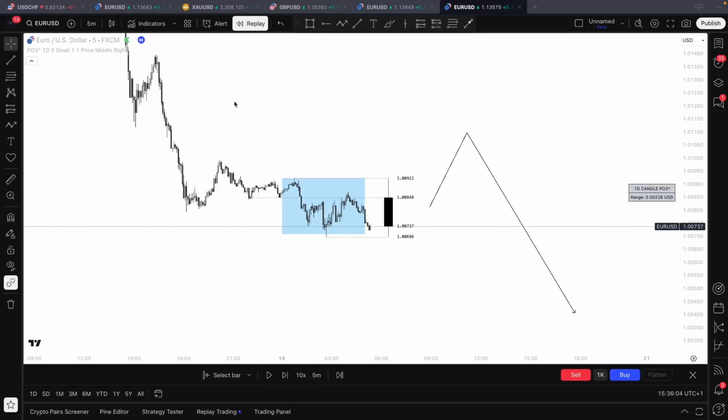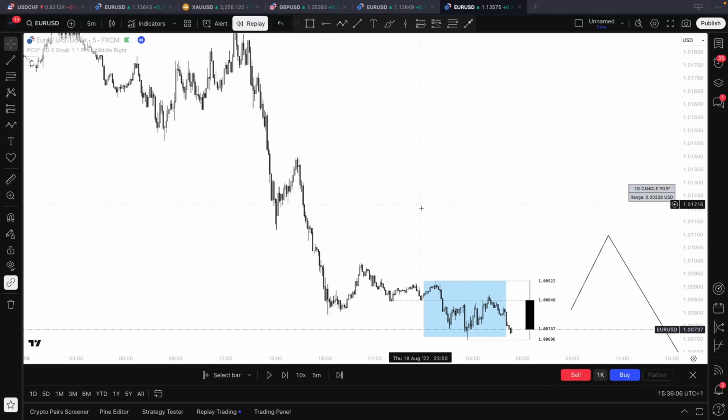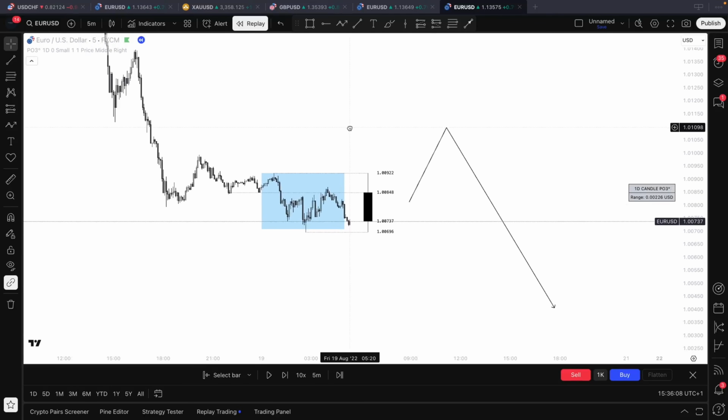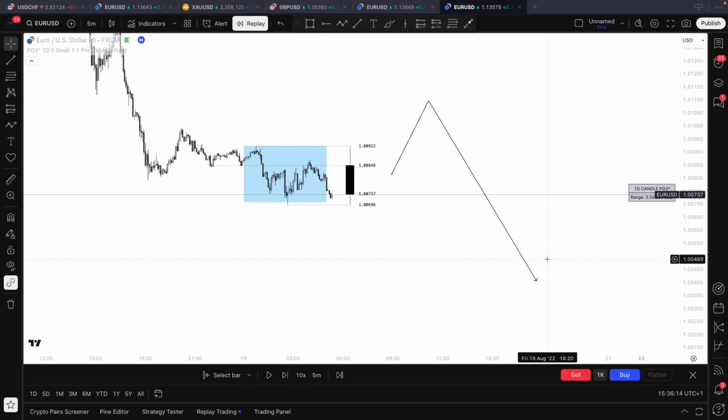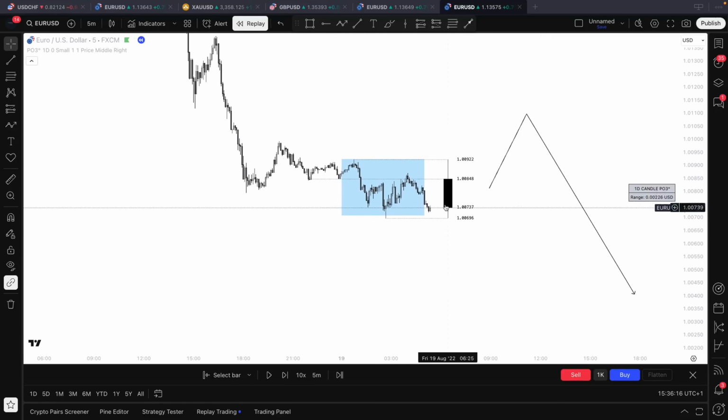Now, we know that on our daily time frame, we're going to be looking for sells for the next day. And how is that going to happen? Well, it's very simple. We're going to look for the manipulation at the start of the day and then for price to follow through for the rest of the day as a distribution. One thing you must note is whenever price opens for the daily candle, it's always going to have the open price over here. Asia range will generally accumulate throughout the day or throughout that session,